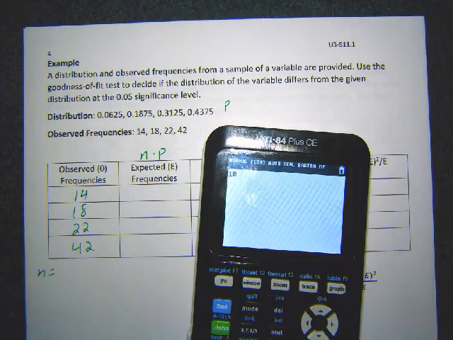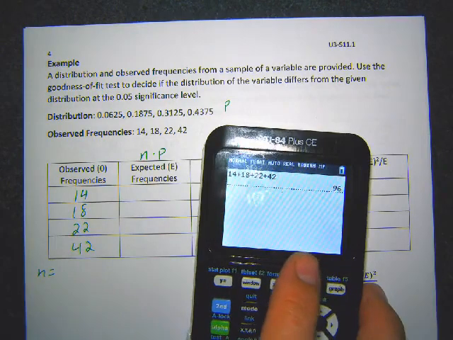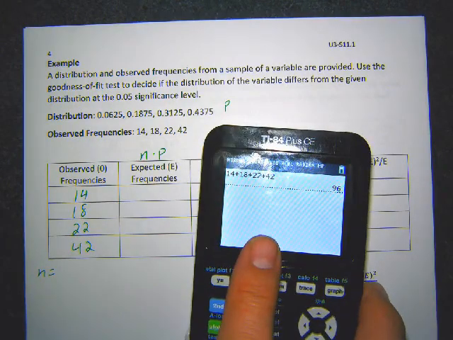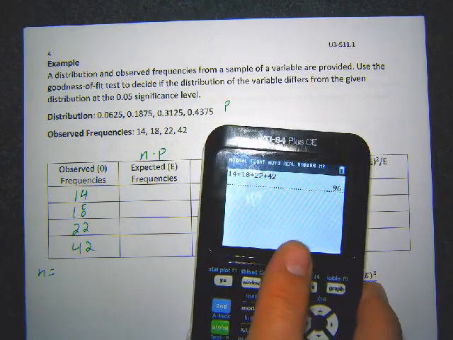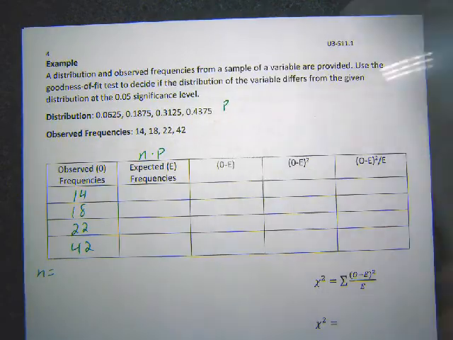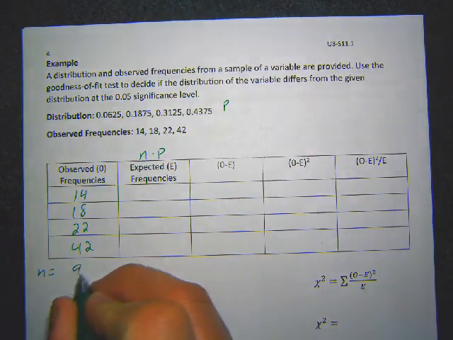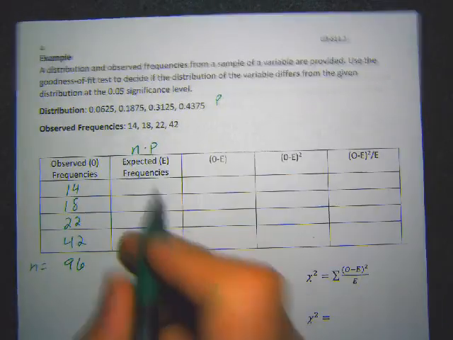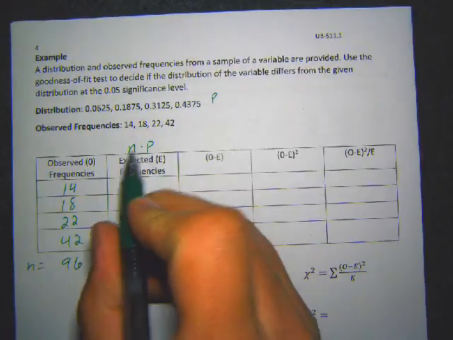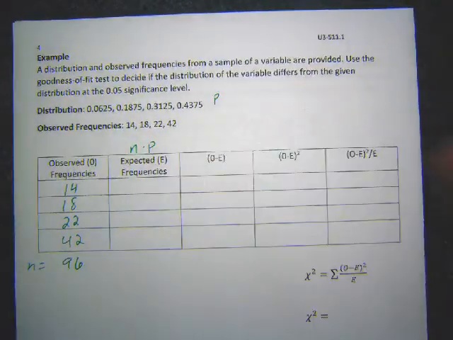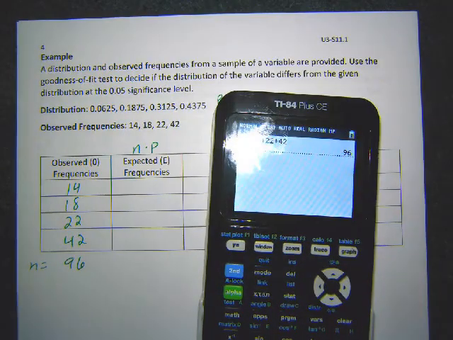So we've got 14 plus 18 plus 22 plus 42. Looks like we have, did I type that right? 14, 18, 22, 42. Yep, 96 in our sample group, right? So our sample size is 96. So to find these expected frequencies, we're going to take that 96 times each one of these percentages. 96 times